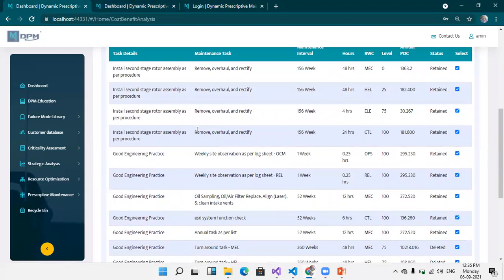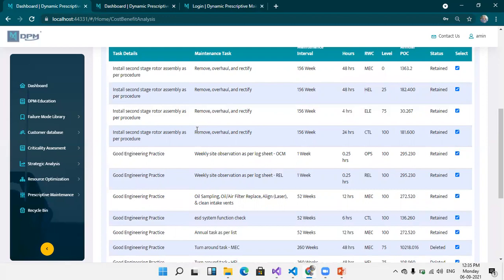Suppose this task has been recommended either by the vendor, by RCM or by good engineering practice. This task is to be carried out. Now you have got a constraint with skilled manpower. The risk is assets, the constraints available on the ground. Spares are not there, risk will increase. Competent manpower is not there, risk will increase. Special tools are not there, risk will increase. Budget is not there, risk will increase.